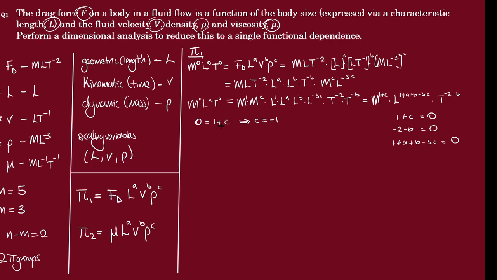Okay, so we've got c as minus 1. To solve for b: minus 2 minus b is equal to 0, meaning that b is going to be negative 2. Okay, so to solve for a, that means a is going to be